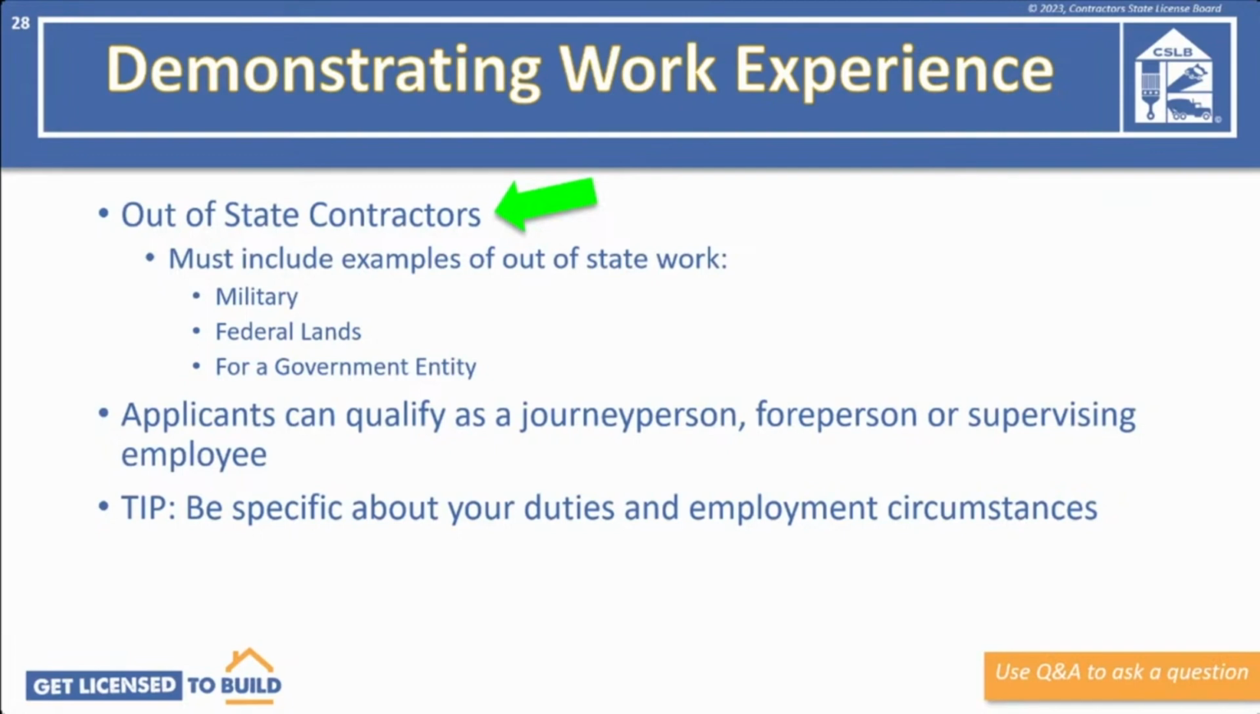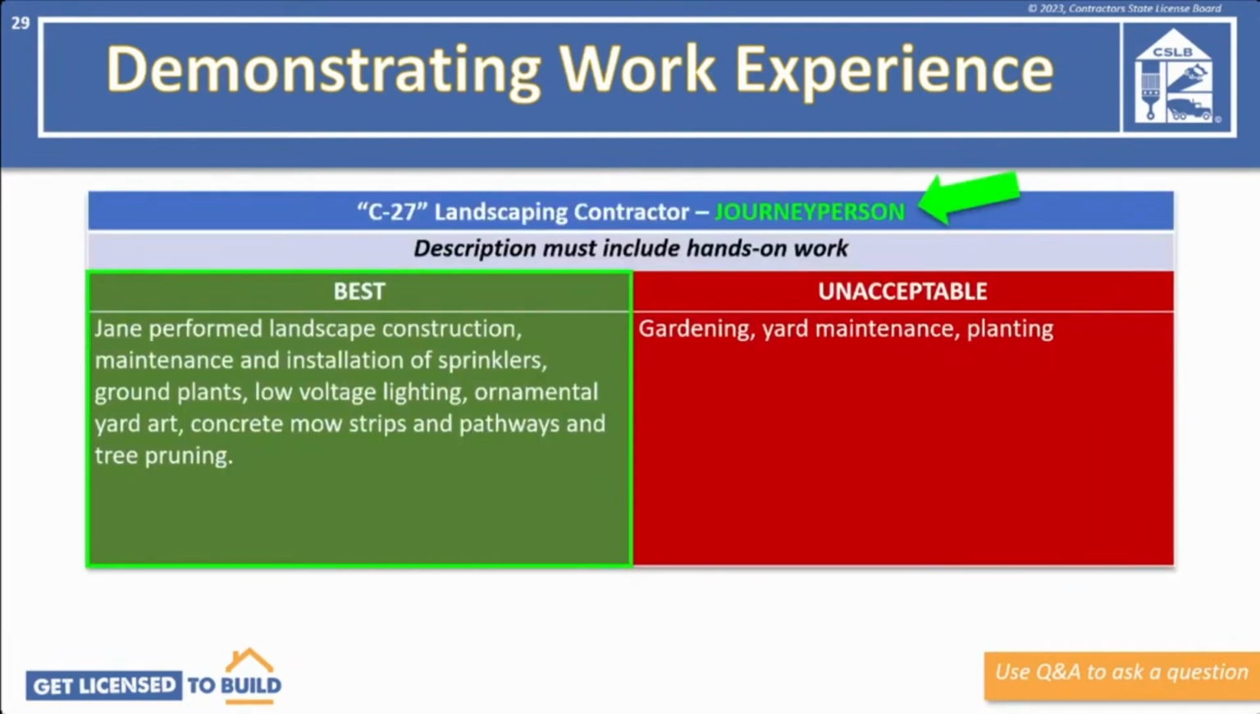Our next example is for the C27 landscaping contractor. First, for experience at the journeyman level, the best type of description your certifier would use would be: Jane performed landscaping construction, maintenance, and installation of sprinklers, ground plants, low voltage lighting, ornamental yard art, concrete mow strips, and pathways and tree pruning. An unacceptable explanation would be